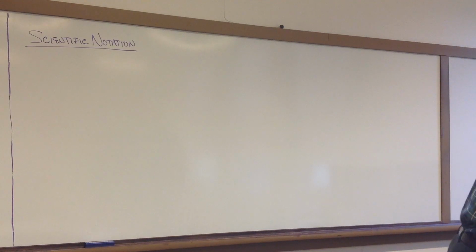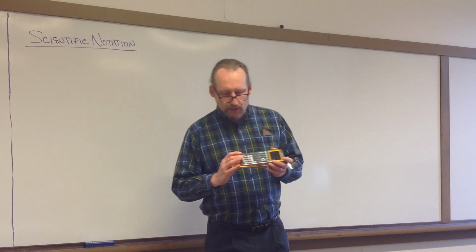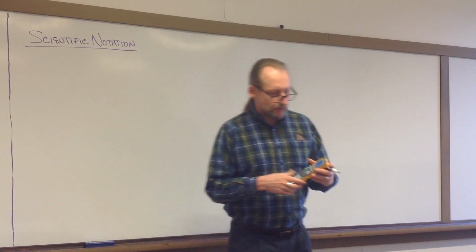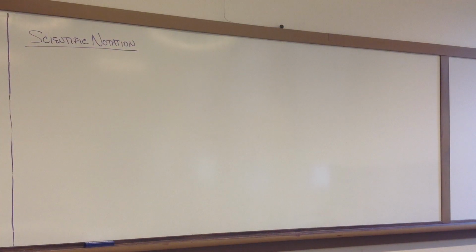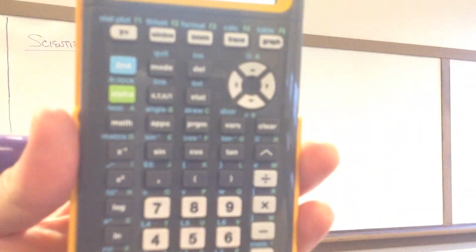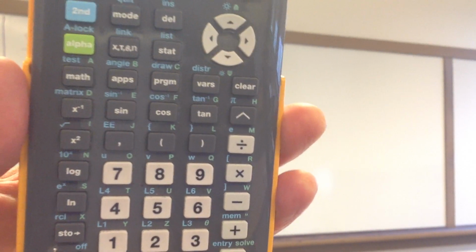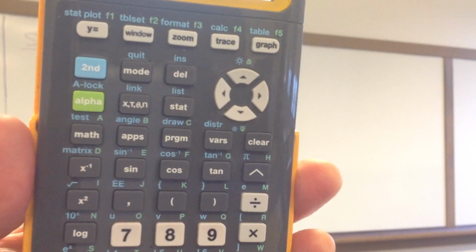I would recommend using the calculator, getting comfortable using your calculator for scientific notation. On this one, there's this little EE key. Let me show you where it is on here in case you're using one of these. You can see right above the 7 there's that comma key, and then in blue above that is double